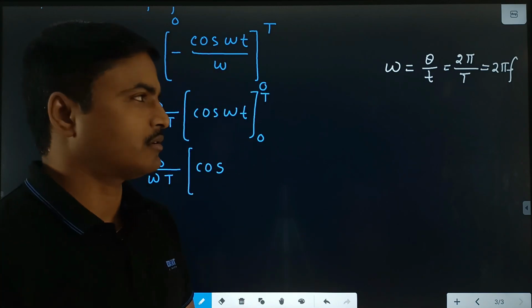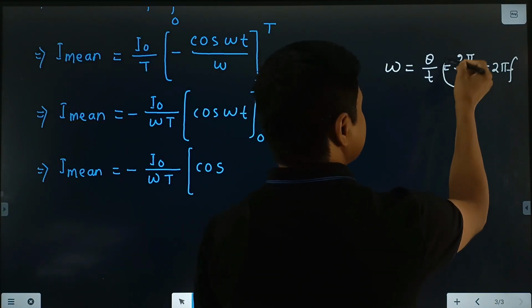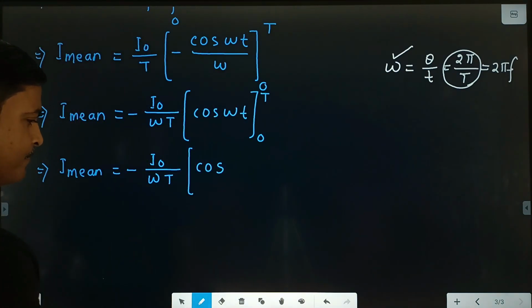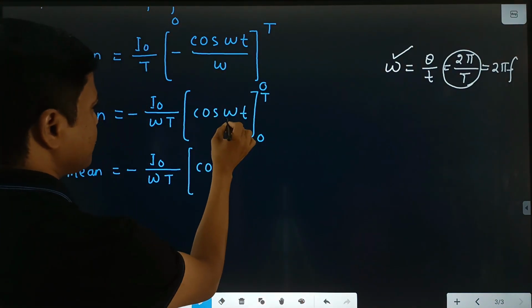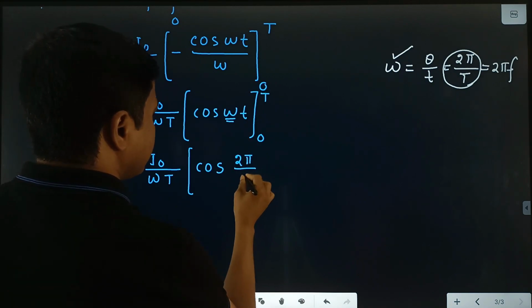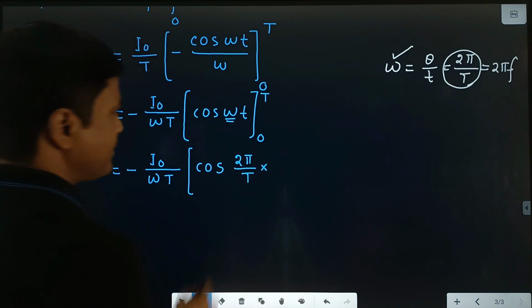We put this equation, or we also write 2 pi by T. In place of omega we write 2 pi divided by T, so here we write cos of twice pi divided by T multiplied by,